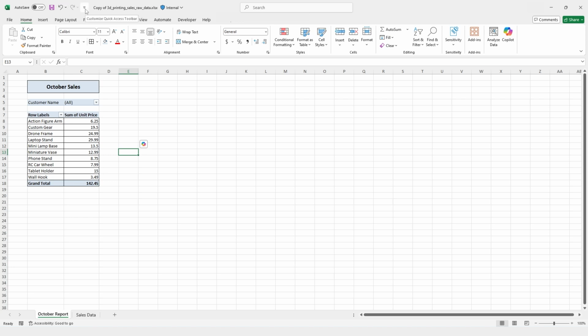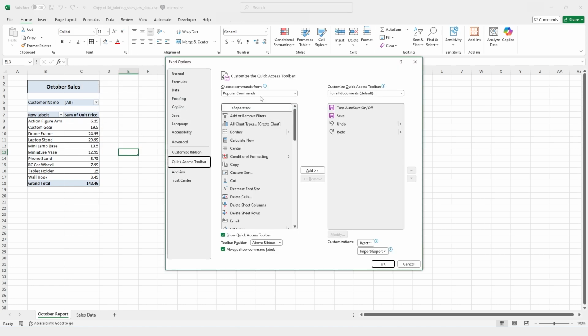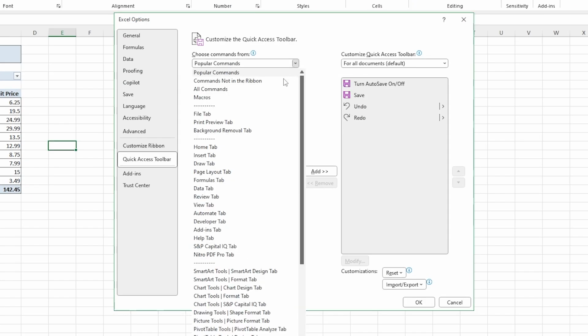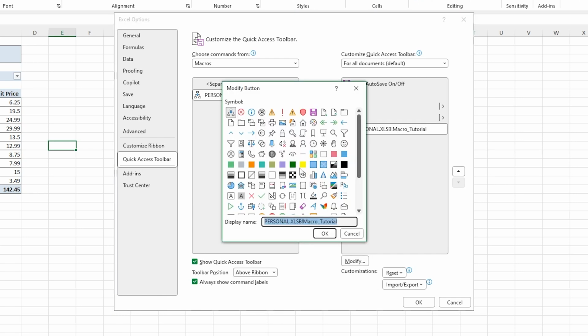And to add things, you can click this Customize Quick Access Toolbar dropdown. I'm going to go to More Commands. I'm going to go to this Popular Commands dropdown and select Macros. Now I have the macro tutorial that I just ran. I need to add that to the toolbar, so I need to select it and click Add. And now I'm going to rename it. So I'm going to make sure it's still selected, hit Modify, and here I can